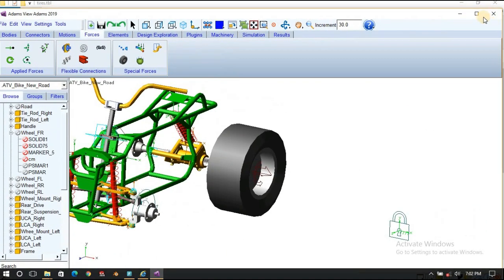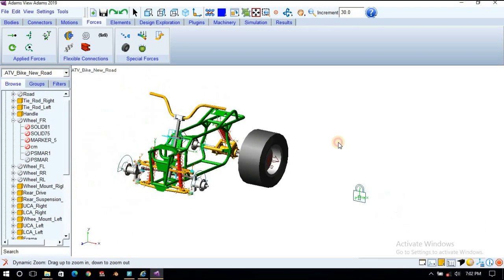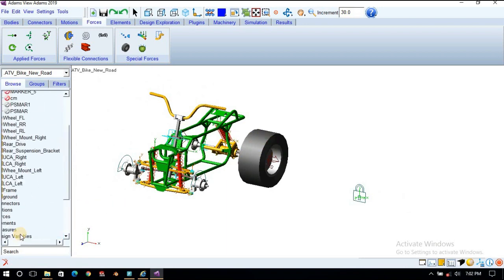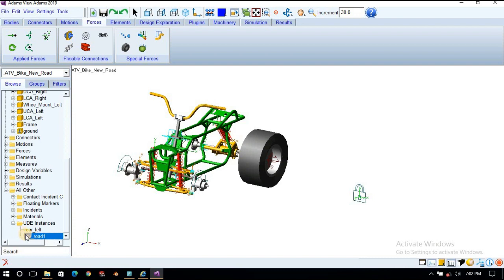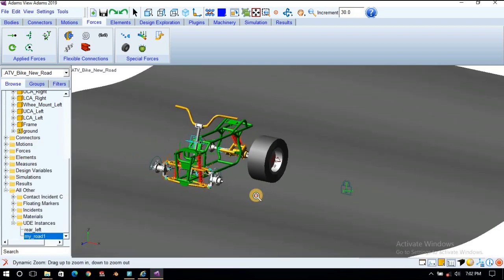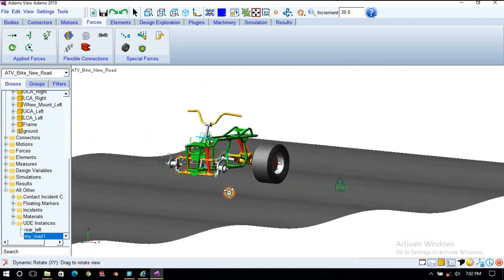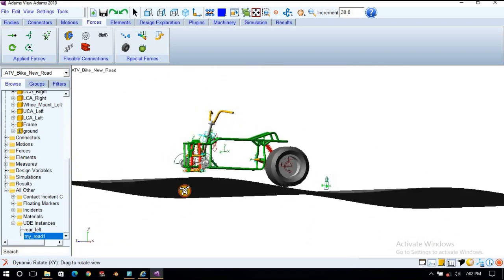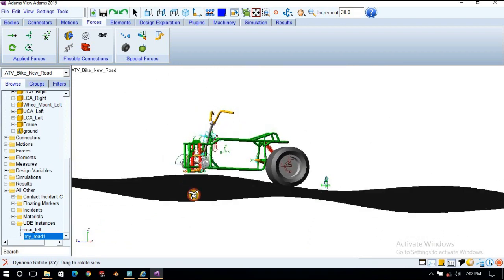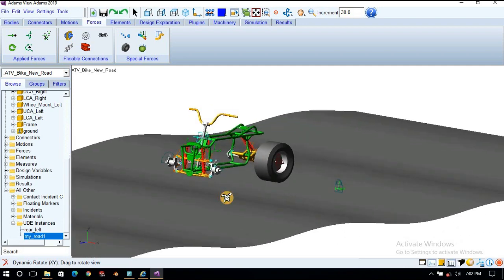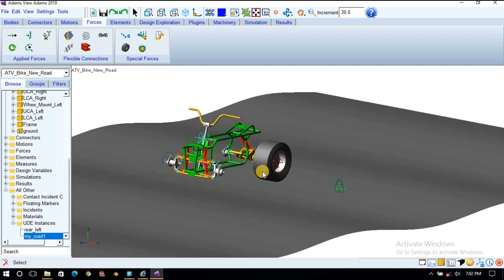So the first tire we have created. Now we'll create the second tire. First we'll see whether the road is properly aligned or not. Just see. Okay, you can see some clearance between the road and tire, but let it be. Under gravity it will fall and make contact first, so it is okay.